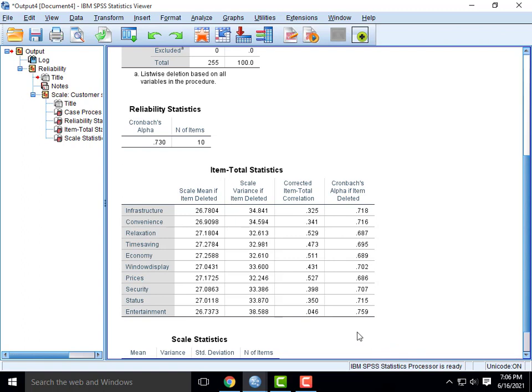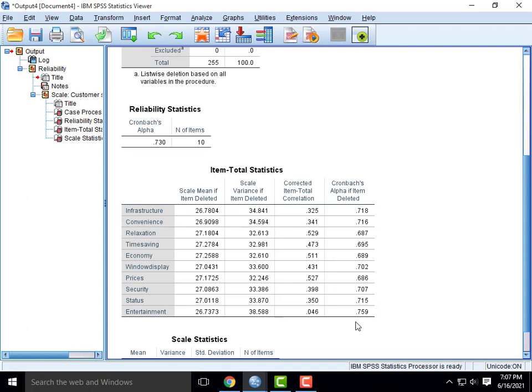So if we remove this, we get the new Cronbach value of 0.759, because the corrected item-total correlation is very low compared to other items. The corrected item-total correlation is 0.046. This is very low. Hence if we remove this item from our scale, our new Cronbach value will be 0.759.